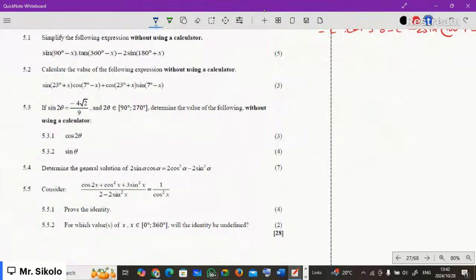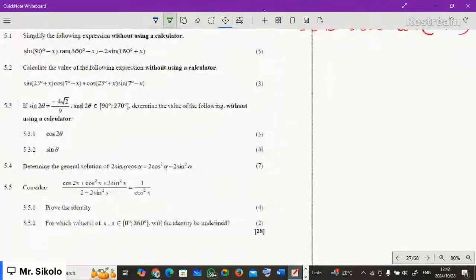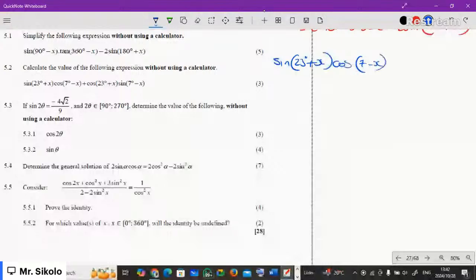We go straight to question 5.2. Calculate the value of the following without using a calculator. Another expression, and they expect us to calculate it without using a calculator. So this plus x, cos 7 minus x, plus cos 23 plus x, sine